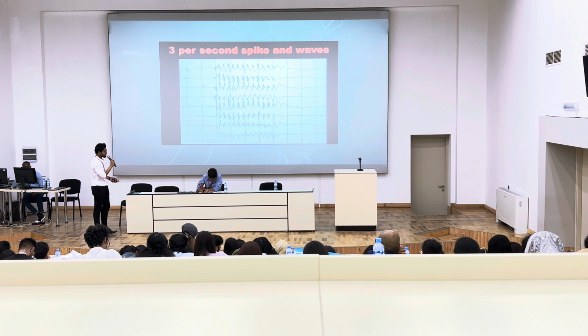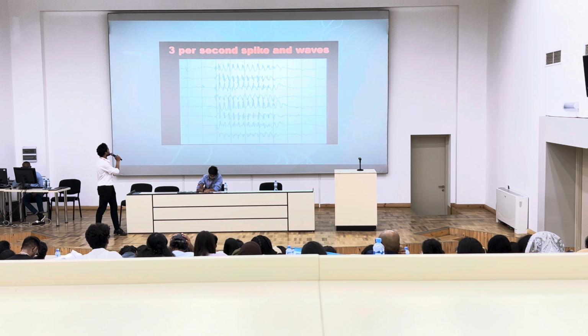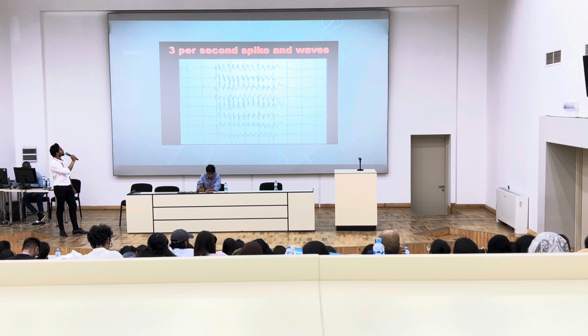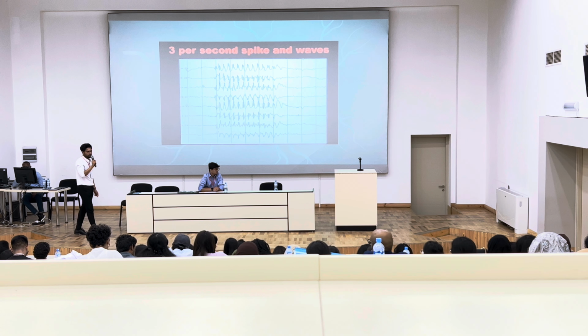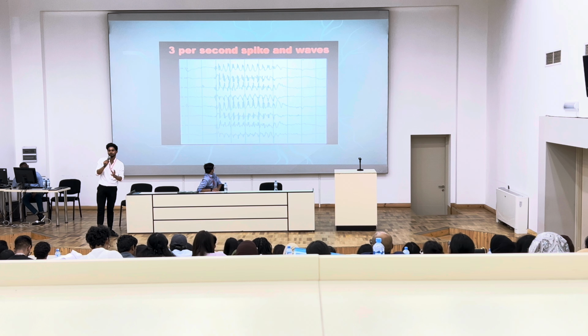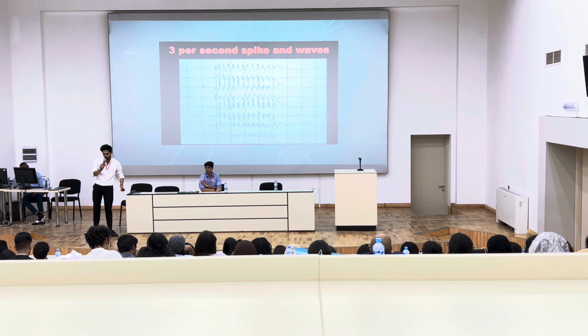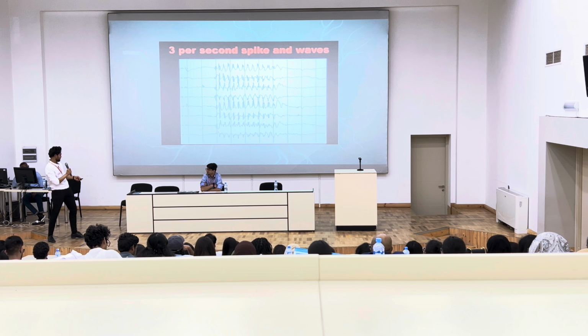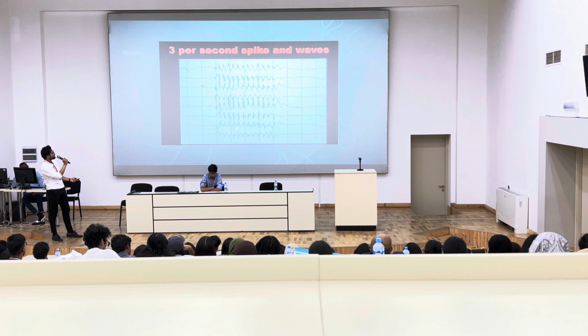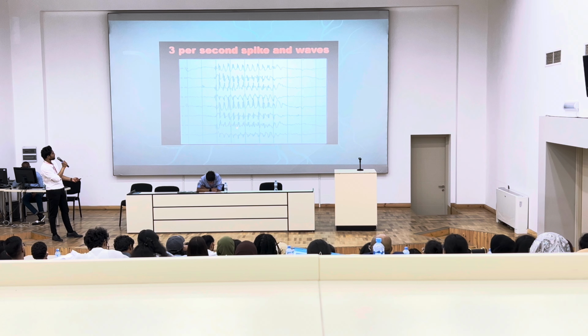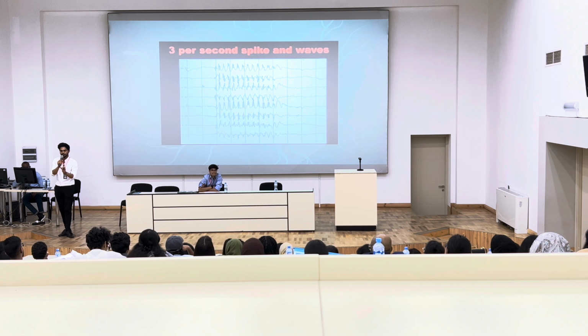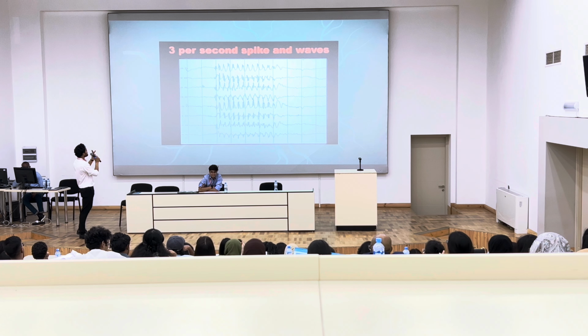Right, so this is our first foray into seizures. This is known as the 3 Hertz spike and wave, which you might have heard of if you are in neurology. What this basically means is you're getting 3 spikes and 3 waves in a 1 second interval. Just look at this box. This is a 1 second interval. You see a spike, a wave, a spike, a wave, and a spike. So 3 spikes in a 1 second interval. This is known as a 3 Hertz spike and wave.